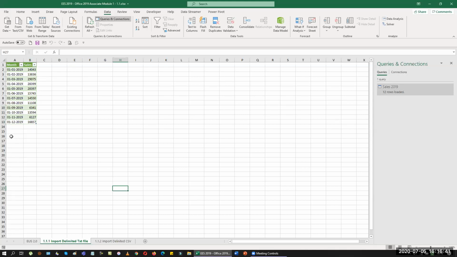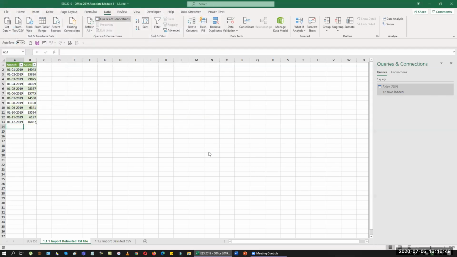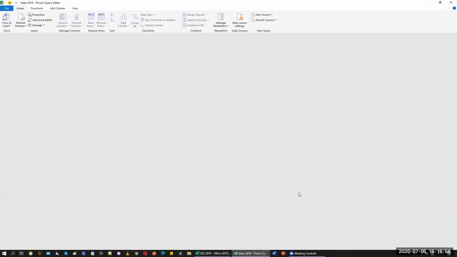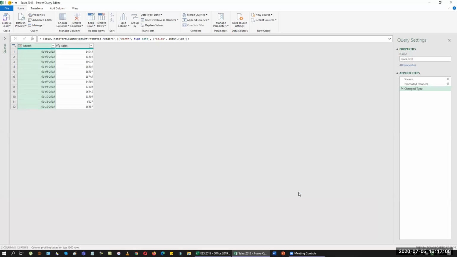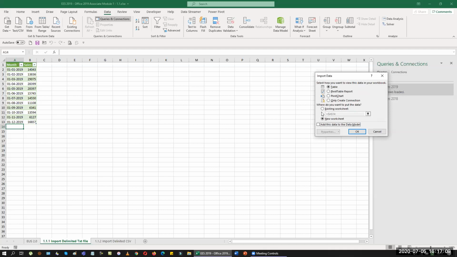Sometimes what happens is they'll ask you to add data below this without any changes. So what you have to do is go back to the From Text option, add the data part to this, and then it gives you a prompt here. Just transform the data. Then they ask you to load it in between. So now I have 12 rows here. They'll ask you to add it in the 13th row and so on in a particular sheet. So then I'll use Close and Load To again. Now I want to add this data in A14. So I'm going to say existing sheet A14 and give an OK.